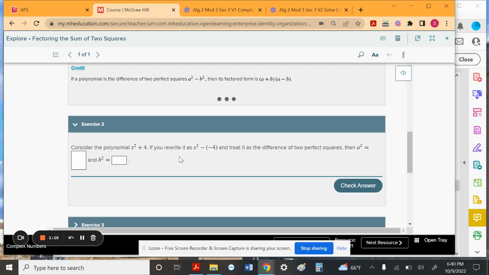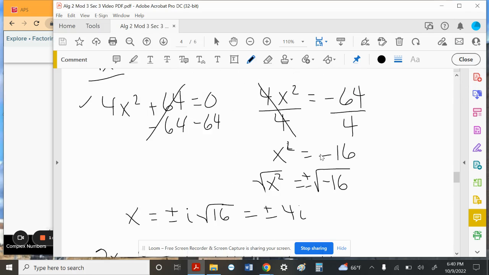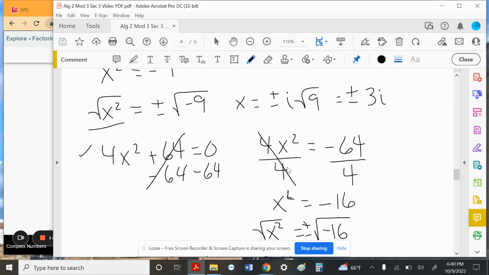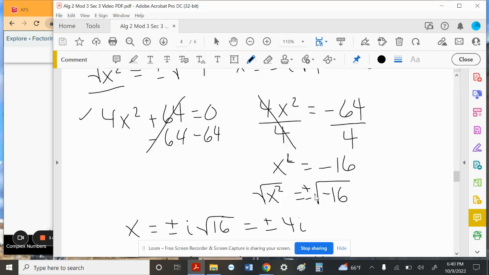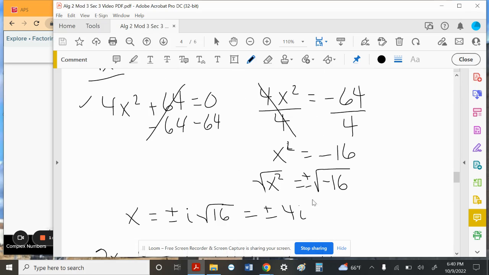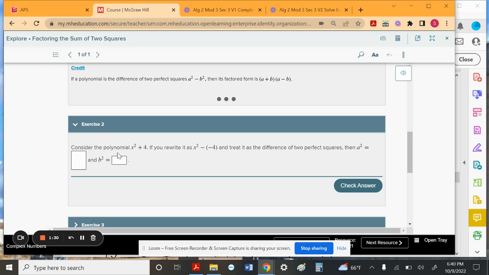Now, we've done a problem like this just recently in the last video. What we did instead is we moved it over, then we took the square root of both sides, and we ended up with two answers, plus or minus 4i. So we're going to do kind of the same thing here. If I were to move that over to the other side, negative 4, we would end up in this case with a squared equals,